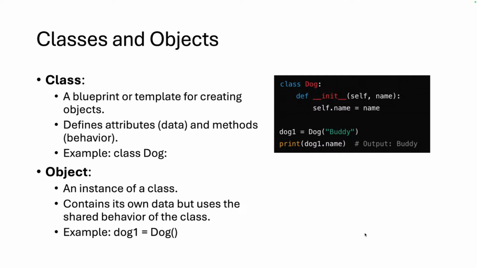So in this example, we're going to use dog. Let's think about dog. We're going to create a class for dog. We are going to define the things that make up a dog in our Python program. So initially,